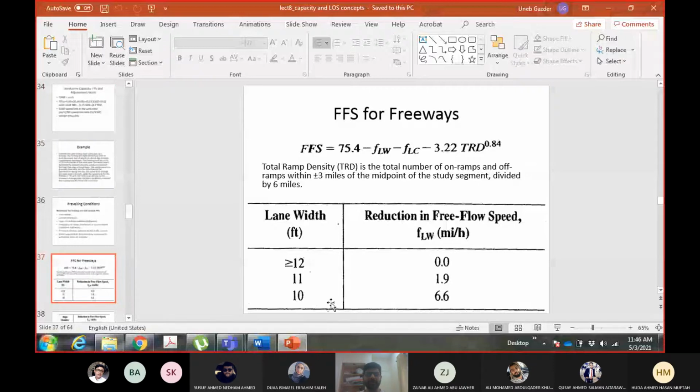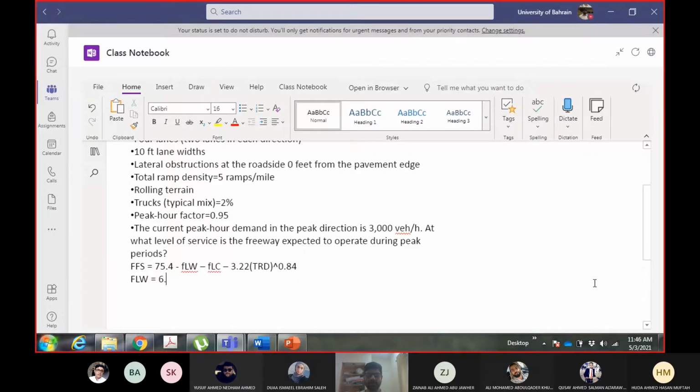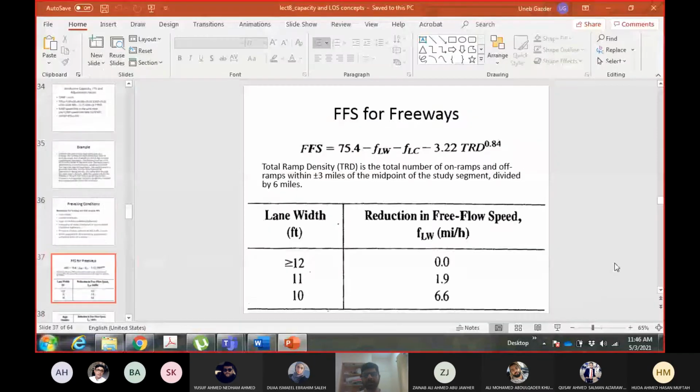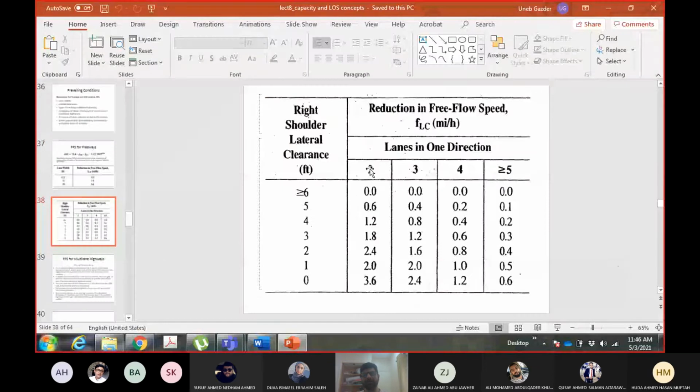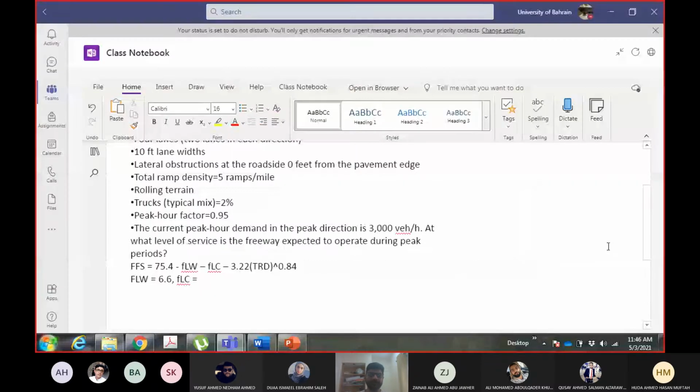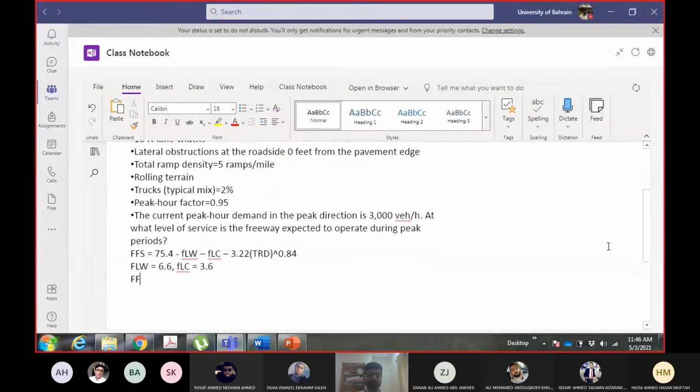When we have 10 foot lane width, the factor is 6.6. Then I need the factor for lateral clearance. It's a 4-lane freeway, so 2 lanes in each direction, and 0 foot lateral clearance. So the factor is 3.6. Then ramp density is given, 5. So the equation will be